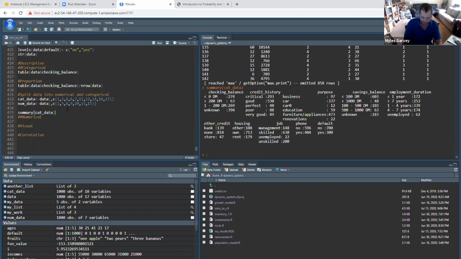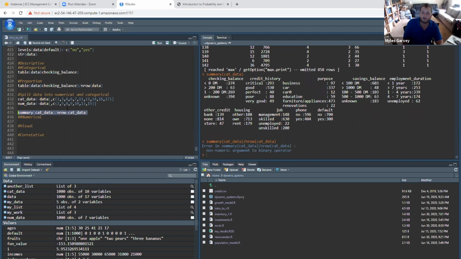You can further divide that by the number of rows you have in the data set. Just be consistent there. No, you can't do this. Sorry, I forgot. You need to go one by one, because here in the summary,